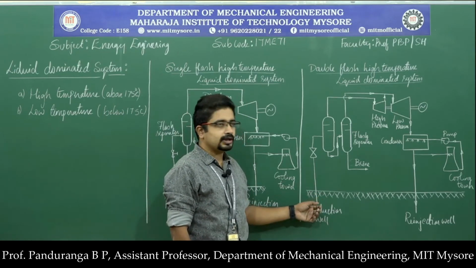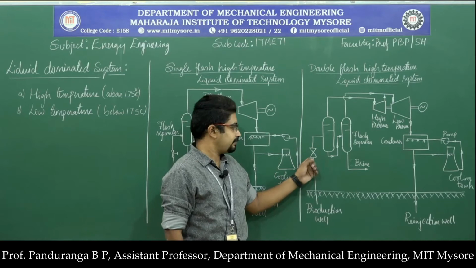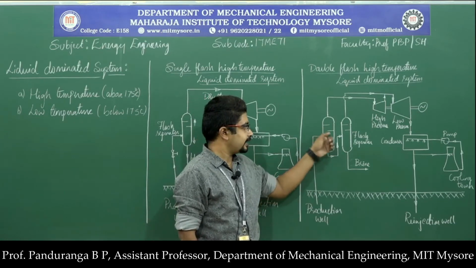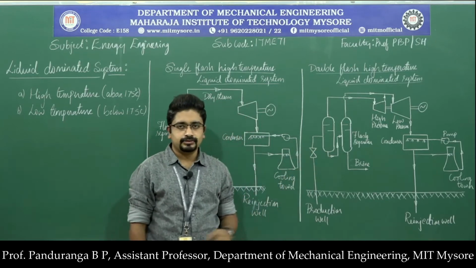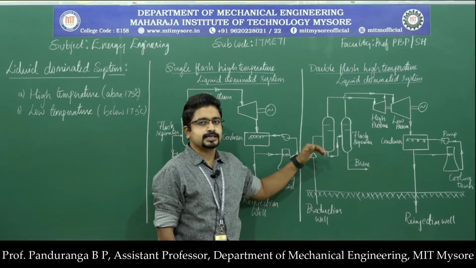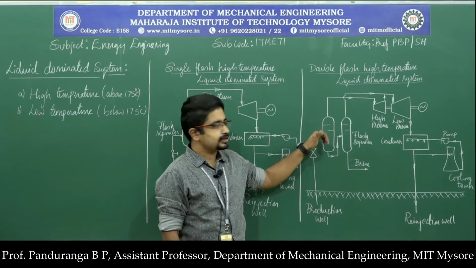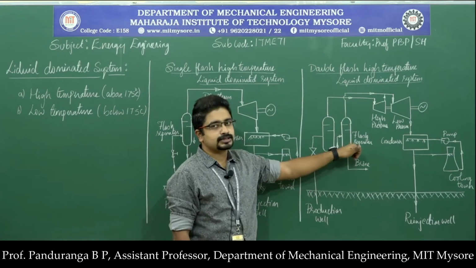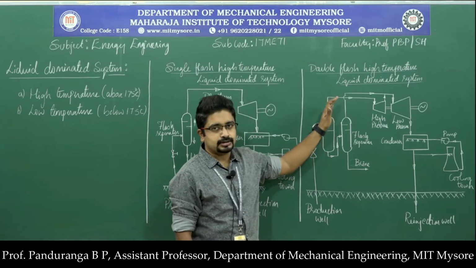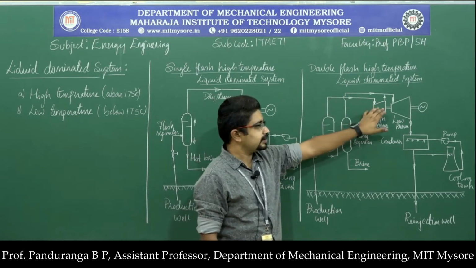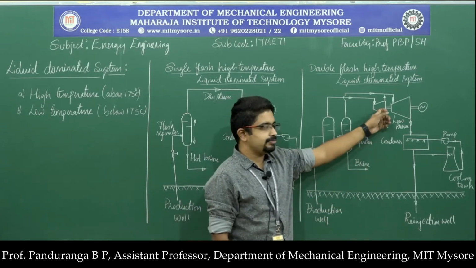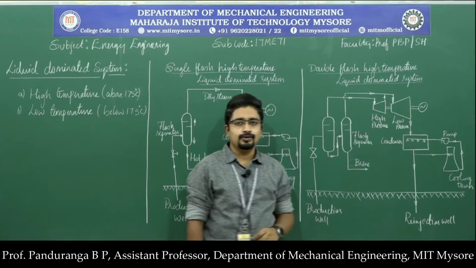The liquid water at a higher temperature and higher pressure will be passed through a throttle valve, where its pressure reduces, and then it enters the first steam separator. Here a part of the water gets converted into vapor, and the remaining water will be supplied to the next flash separator. The steam which is formed will be at a higher pressure, and that will be passed through the high pressure turbine. So here we have two turbines, one is a high pressure turbine and the other one is a low pressure turbine.